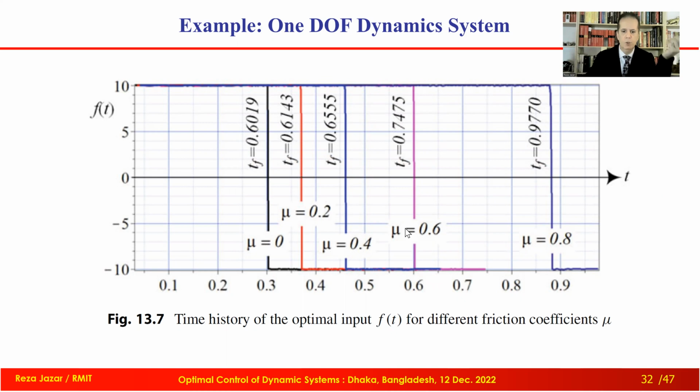So you see mu equal to 0.2, 0.4, 0.6, up to 0.8, and total time are calculated here. The minimum time is for no friction, and here for mu equal to 0.8, we go up to 0.977. Let's assume that it is seconds, but everything was dimensionless, so it is not that important. This is the method, and it is applied, at least for a one-dimensional system, which, as I said, we are able to solve analytically.